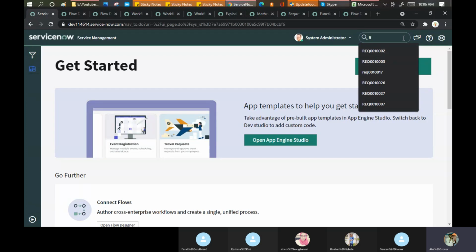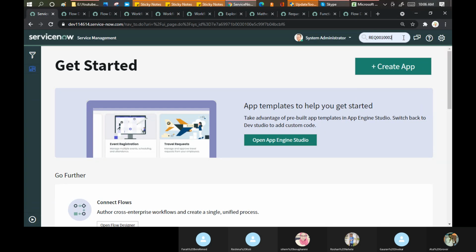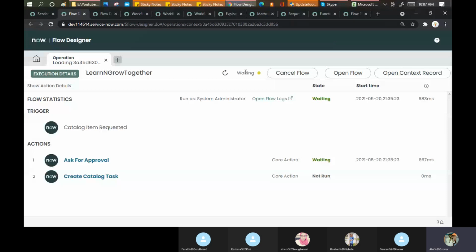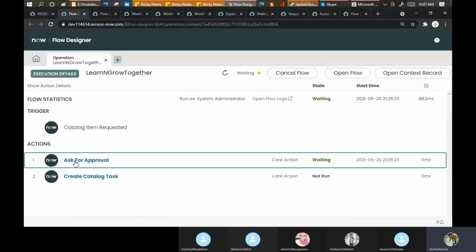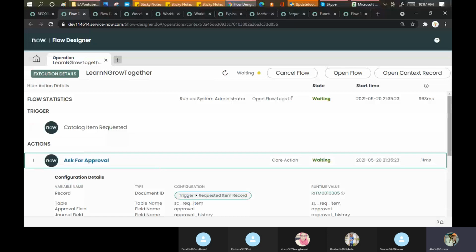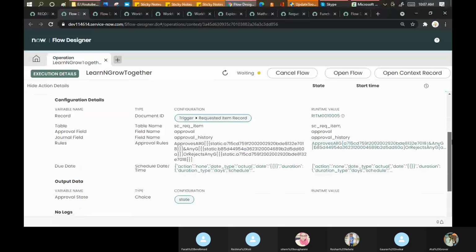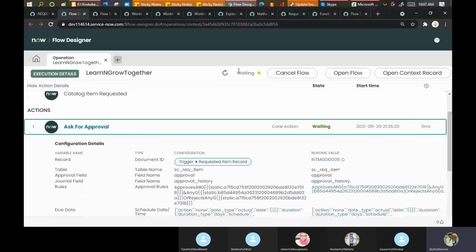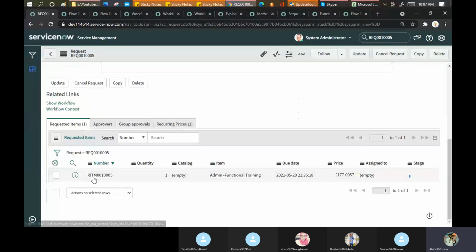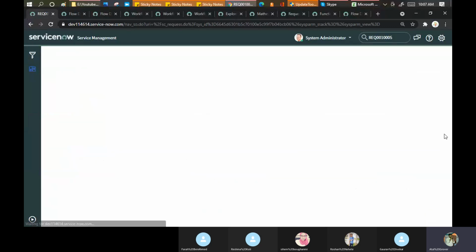Number 5. Okay. Go and refresh it just to see what happened. It's still showing waiting. Okay, let's see what happened. Still waiting. See, you can see here as well all the logs quickly. As of now, there is no error. It's still showing waiting. Okay, let me go and open the RITM. What has been waiting now?